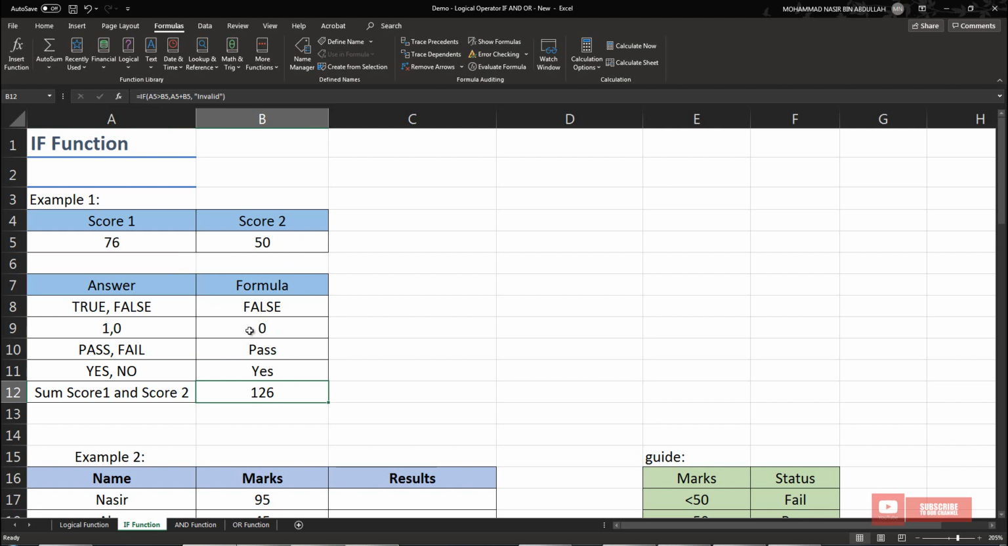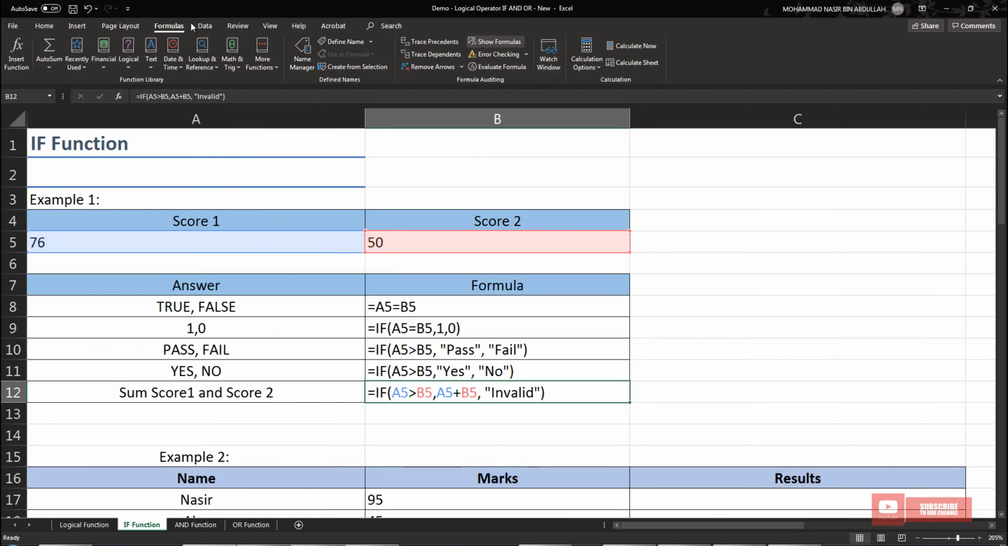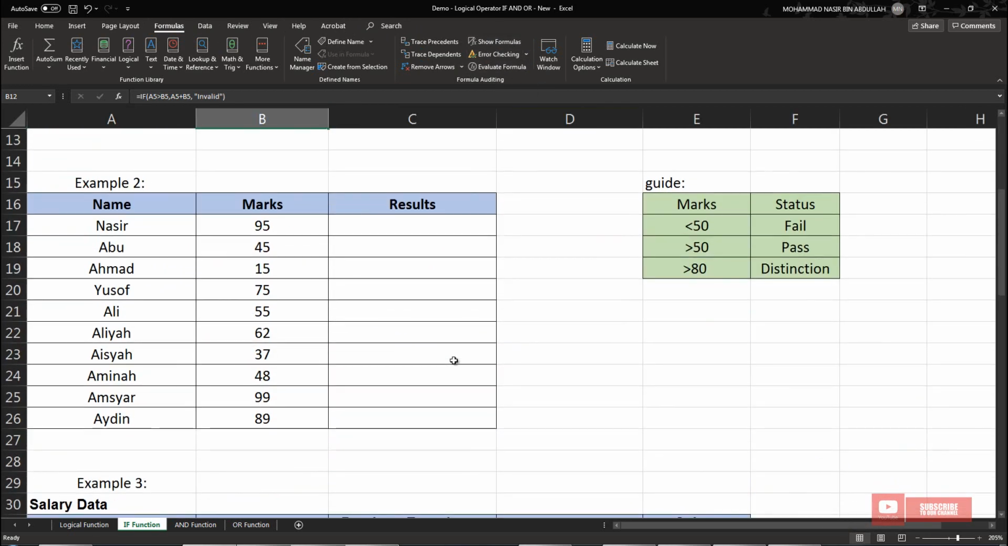So this is how we use the if function. This is the formula. If you go to the formula tab and click on show formula, you will see the formula of the if function, right? Now let's go to the next example, which is a complicated